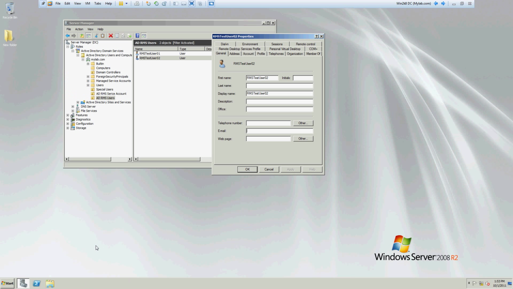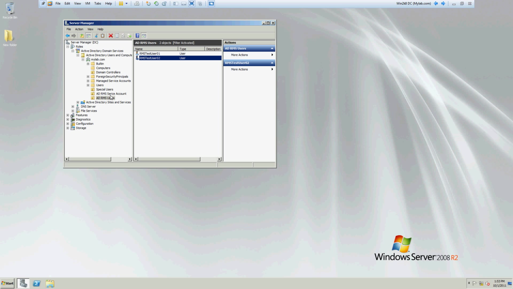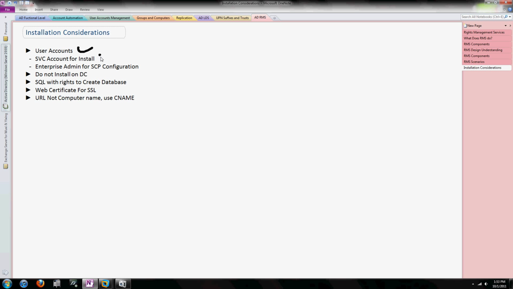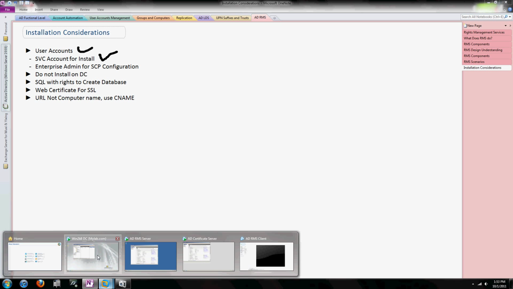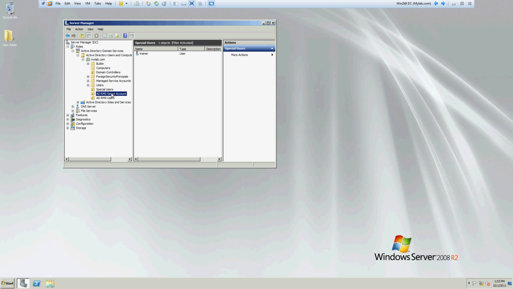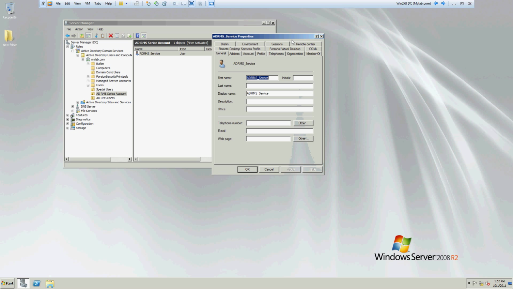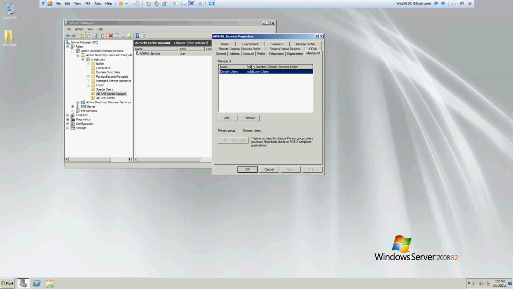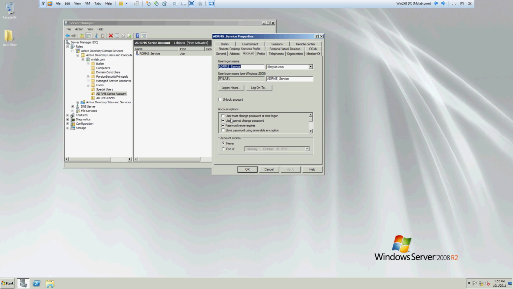On the server side, I have created a service account, because I talked about the very first point: a service account for installation. I have already done it in the AD service account. As you see, this service account has no special permission, nothing like that. It is a normal user like a domain user, but keep in mind, do not forget to